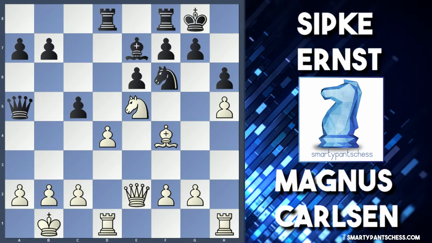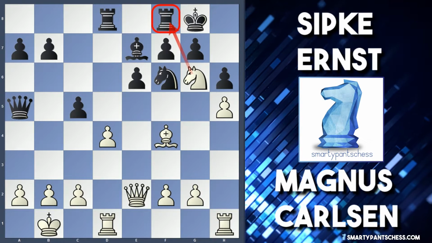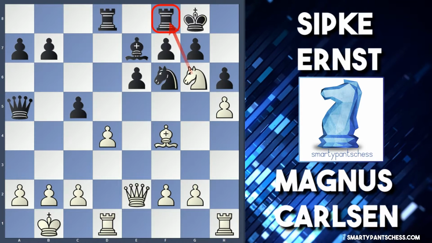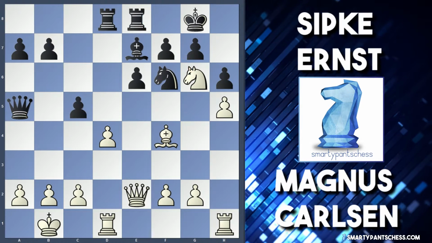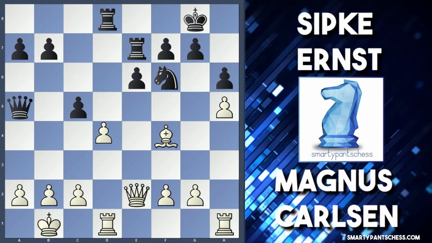So amazingly here, Carlsen played knight g6, attacking this rook. So black literally has two options now. He can either move his rook or take the knight. If the rook moves to e8, knight takes e7, rook takes e7, d takes c5,